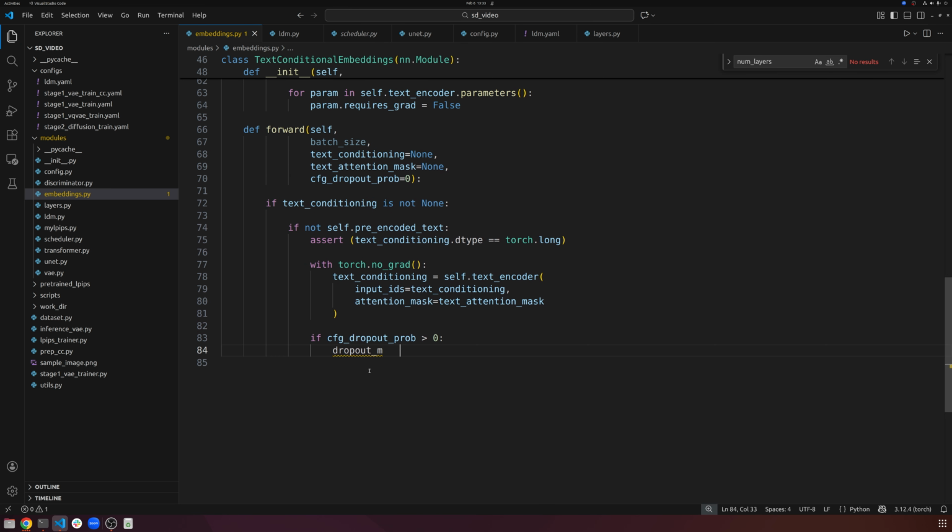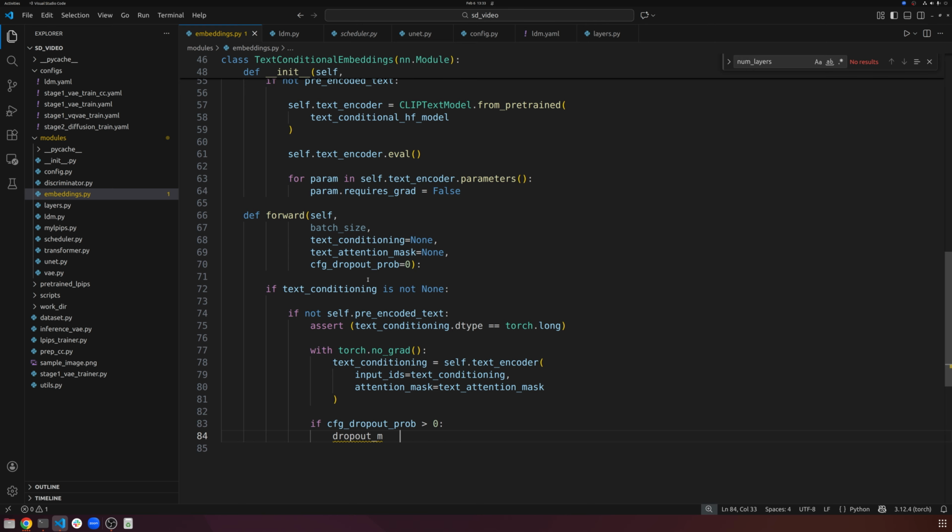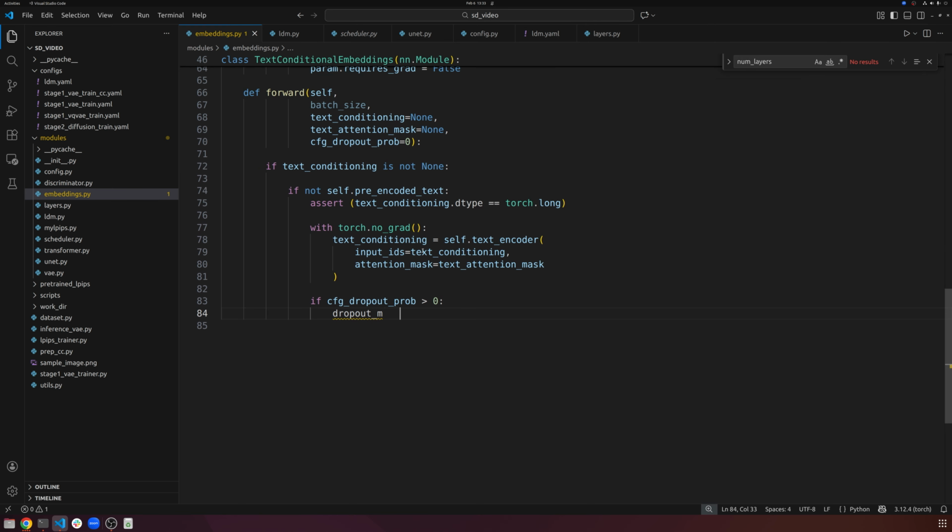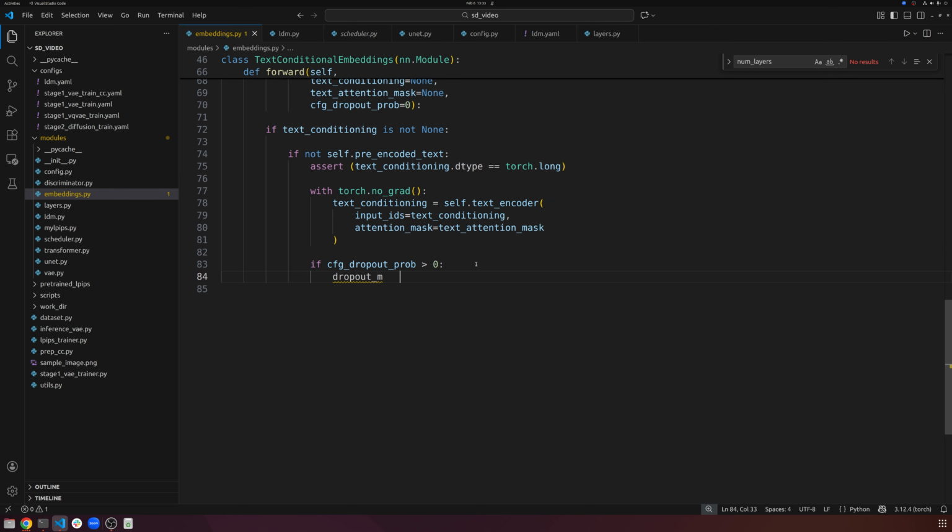So what is classifier-free guidance? The main idea is that we're going to be training our model with text-image pairs, but we would like our model to sometimes not have the text available. So it has to kind of do both. It has to do conditional image generation, conditioned on text, but also sometimes it has to do non-conditional image generation, which is basically random image generation, where there's no conditioning signal. So we're going to do dropout mask